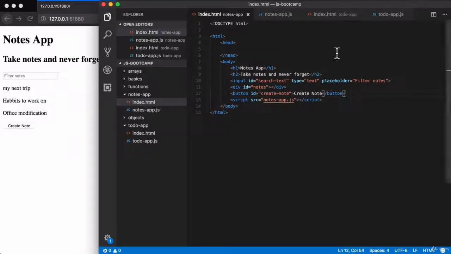For the Notes app, we're going to use a dropdown to allow the user of the application to pick the order they want to sort things by. So maybe they want to sort alphabetically. Maybe they want to sort by the most recently created one, or maybe they want to sort showing the most recently edited note up top. So we'll give them a few different options, allowing them to easily find the things they want. We're not going to worry about wiring up the sorting just yet. That'll come in a later section. For now, we're just going to get the select dropdown in place and figure out how we can get its